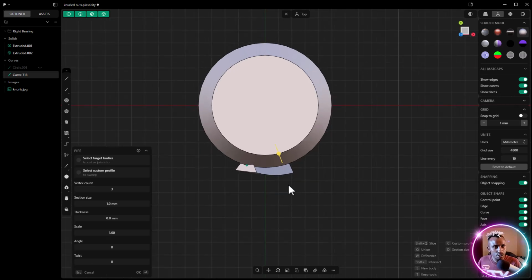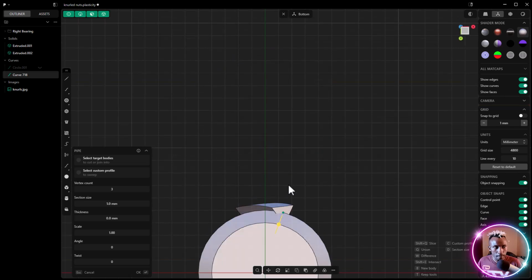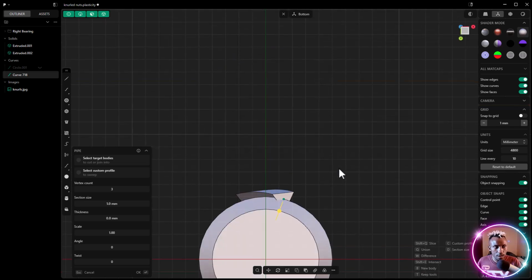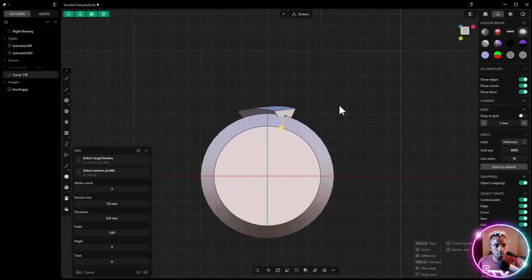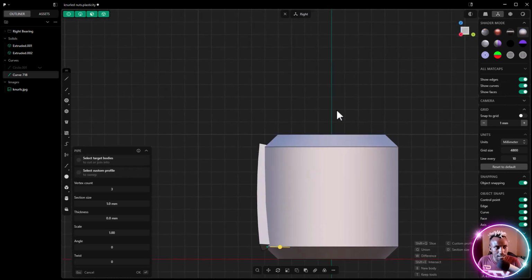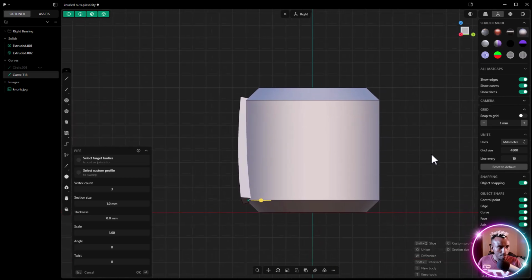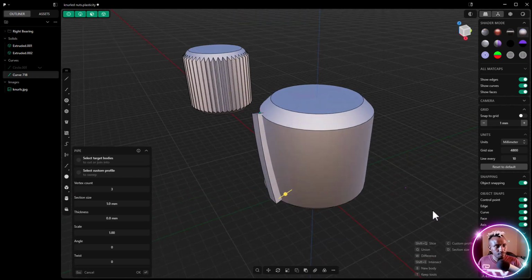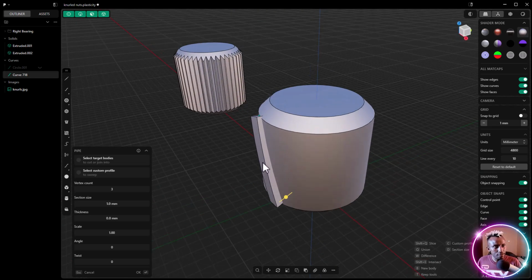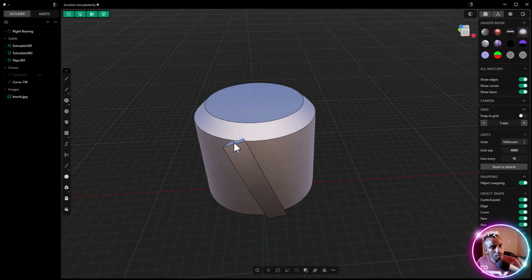If I hit Control and 7 on the numpad, we're going to view it upside down. I want to see it from the bottom. Yeah, I think we're viewing it. I think it's well positioned. If we view it from the side by hitting 3 on the numpad. Yeah. So now all we have to do is, first of all, switch to 3 face select mode, and I